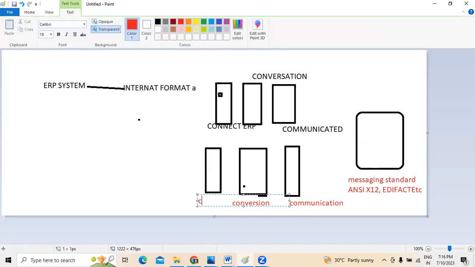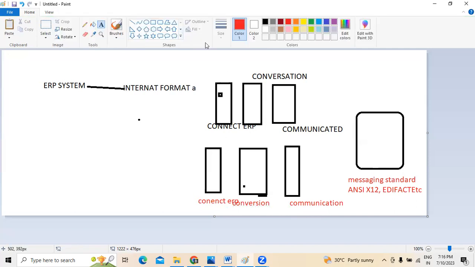So now, between the first set of boxes, this is the provider, and the second one is the payer. But whenever we have connected this to the ERP, because initially we started with the